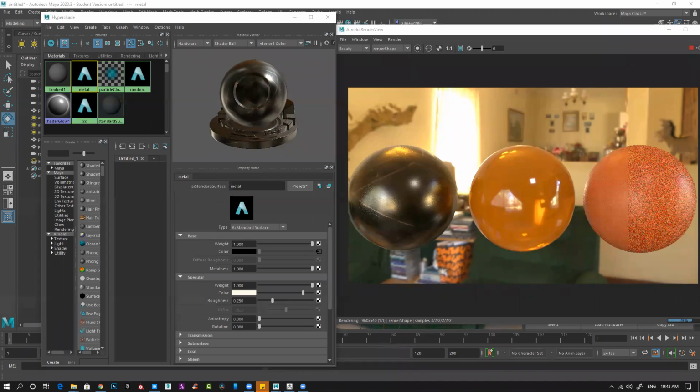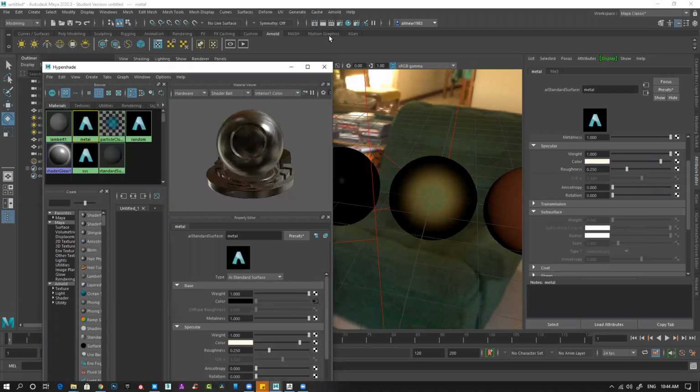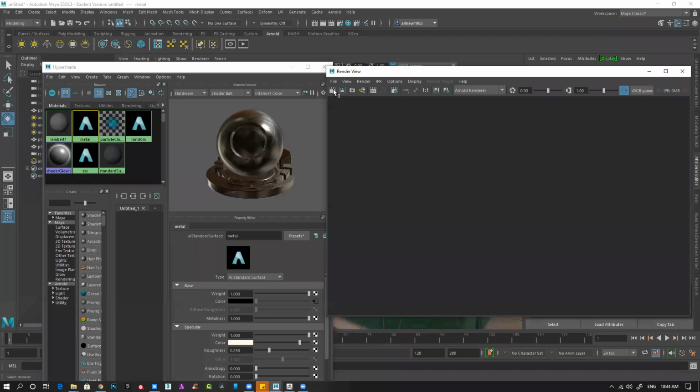So let's apply. One thing I can do is simply render that region. That will be much easier for me to control. On the render tab, I'm rendering.